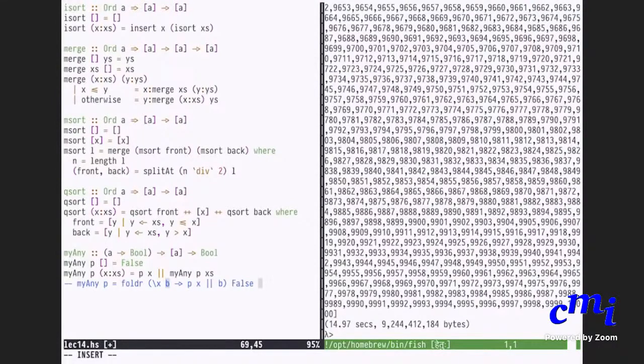You can do that also. Another thing that you can do is this: that was trying to do it using a foldr.